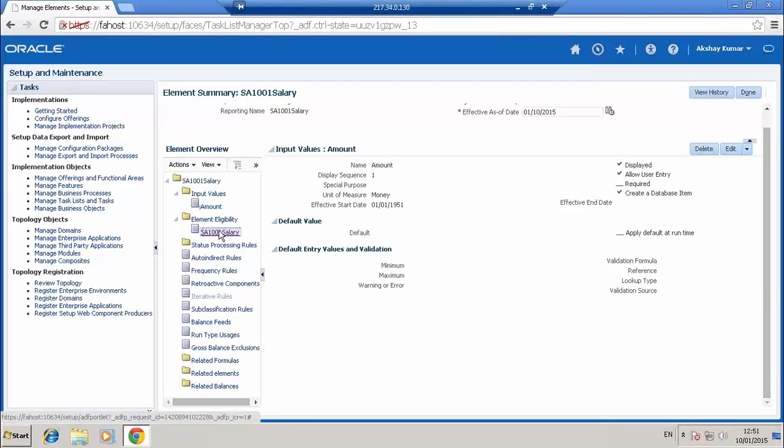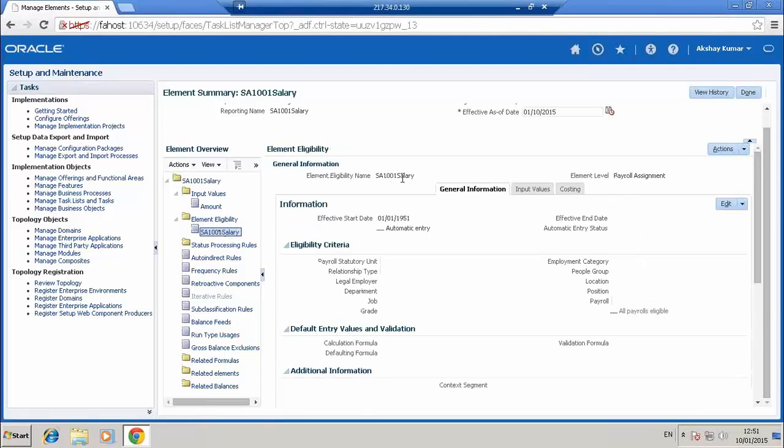And next is element eligibility. You always have to have an open link so that the element can be used wherever you want. Open link is nothing but open to all the employees. There is no restriction for this particular element. You have to give a name for that.